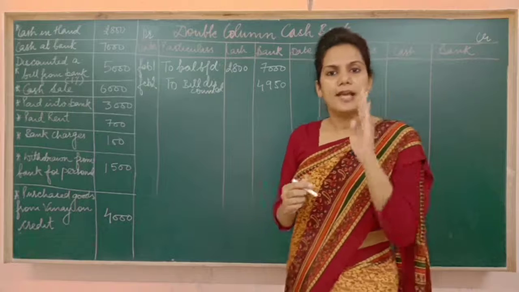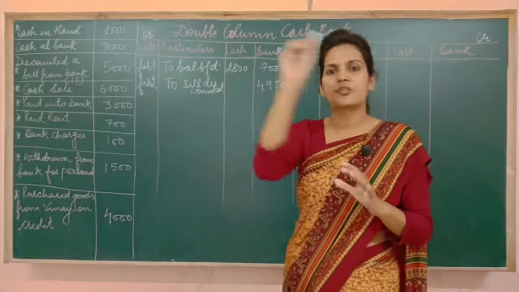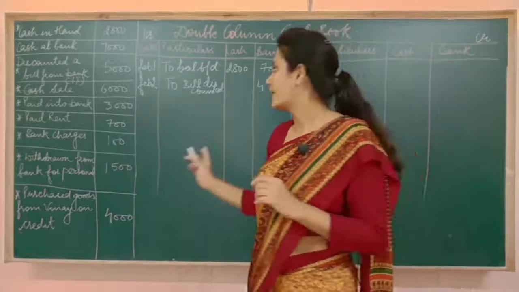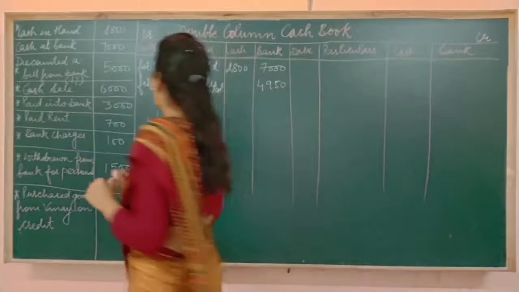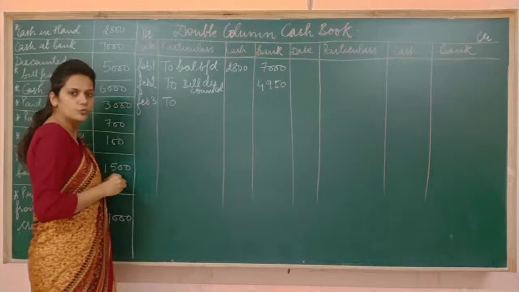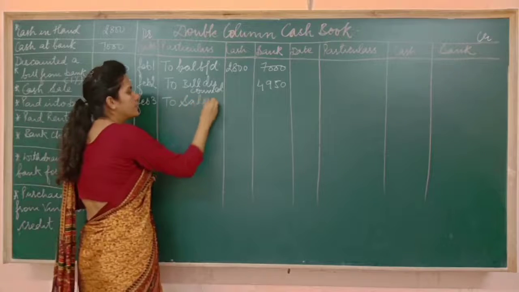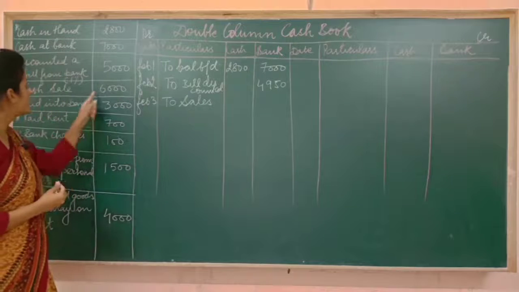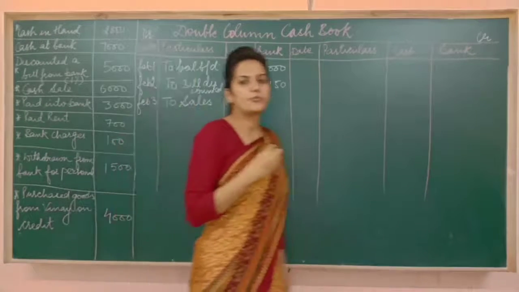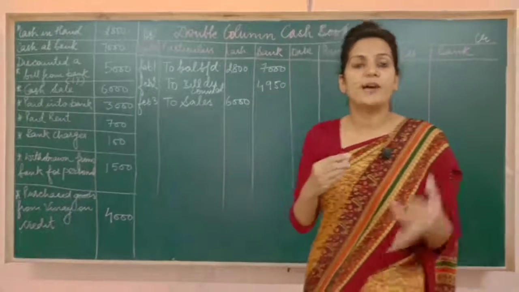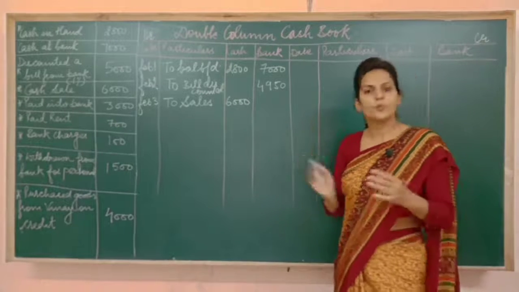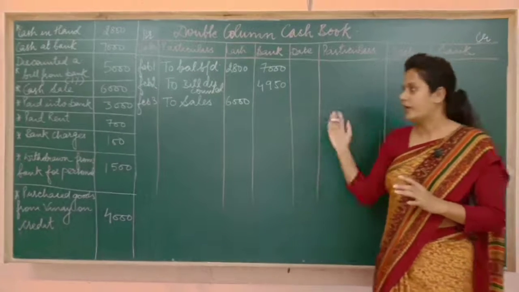Now in this entry, cash account is debited, right? The entry is cash account debited to sales. It means cash account is debited, so we are going to write the entry on the debit side. And whatever you write on the debit side always starts with the word to. So cash is debited because of sales, so I am writing to sales, and 6,000 rupees has come into the business. Intentionally I am not writing the journal entries now, because I assume that after doing the ledger and after seeing the video of the single column cash book, now you can easily post it. So I am not writing the entries for you.